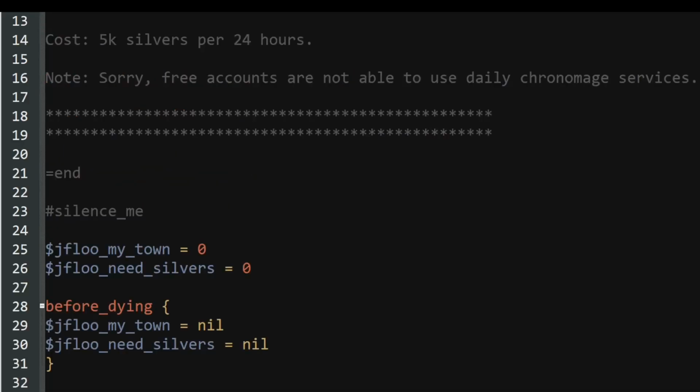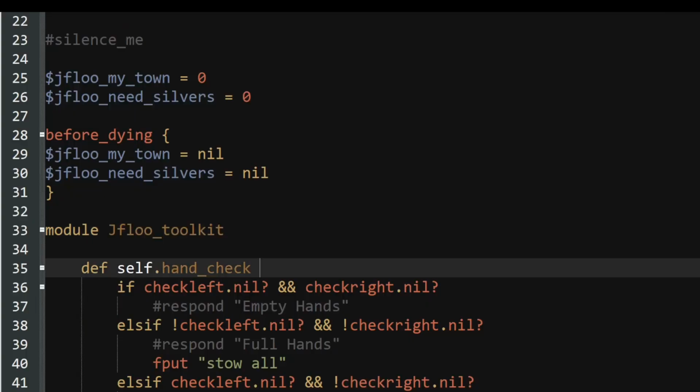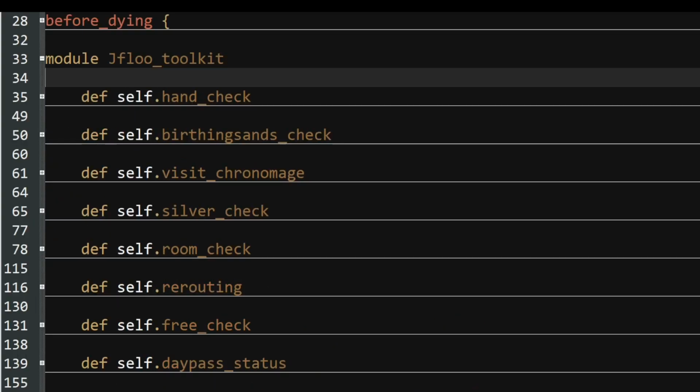silver. Since we're moving to a module format, I'm going to define unique global variables that can be used everywhere in the script, regardless of scope. But as a precaution, I'm adding a before_dying section that will change those global variables to nil when the script exits. I'll call the module Jfloo_toolkit and use the def self. style, then add in all the various code blocks from